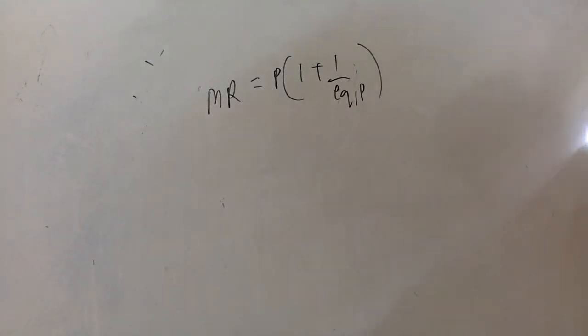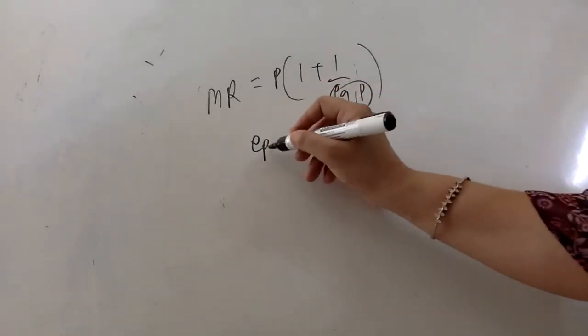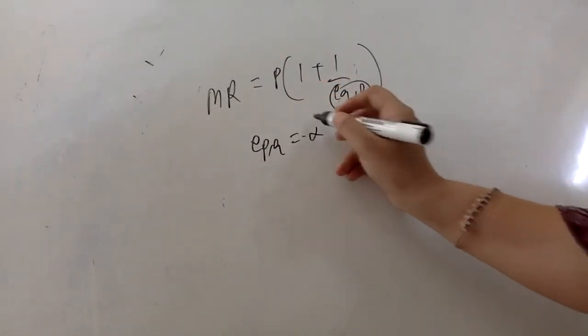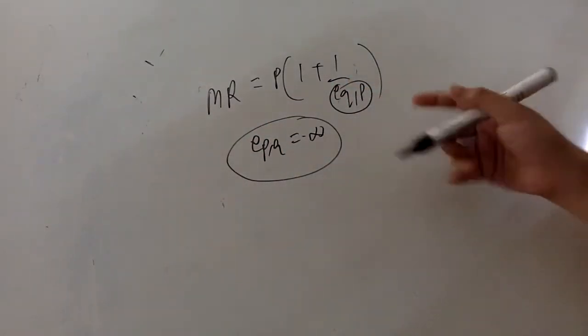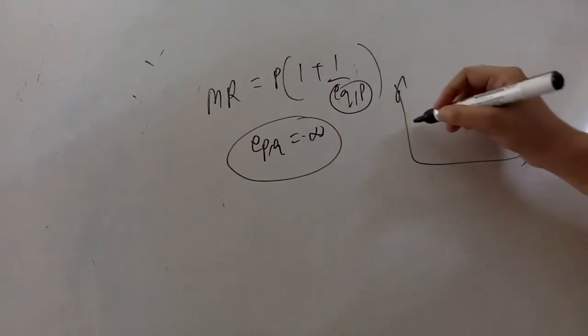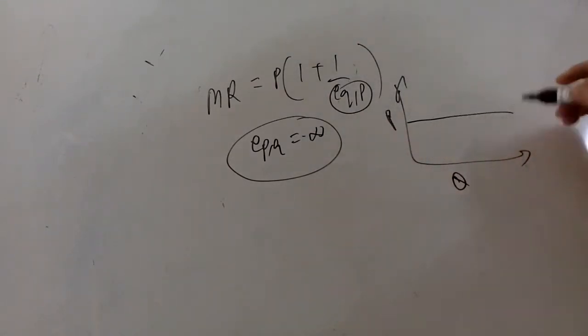Alright, now moving on, let's understand the relationship between elasticity and the MR. Suppose, first case, I take elasticity as infinity. If elasticity is infinity, then what is the value of my MR? In PQ space, the demand curve is completely elastic, and therefore the elasticity is infinite in nature. Here its elasticity is infinity,